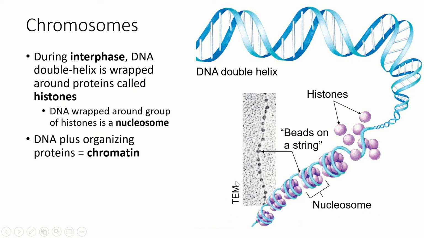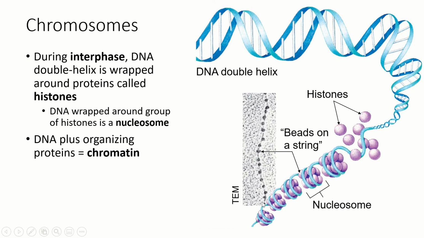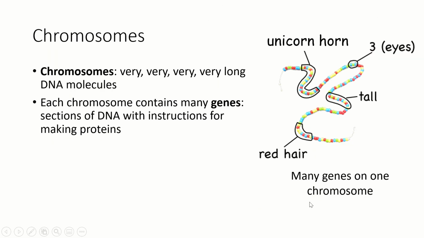And if we look at a transmission electron micrograph, remember this can do like 60,000 times magnification, as opposed to a light microscope that can do like 100 times magnification. This can show us these little nucleosomes with little strands of DNA between. So these little groups of DNA look like beads on a string. This whole thing is called chromatin. Remember that from an earlier lecture when we were learning just about this basic DNA double helix.